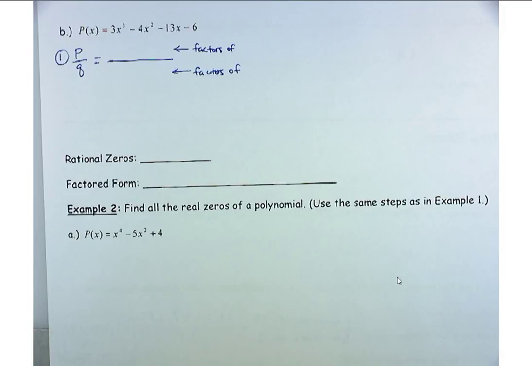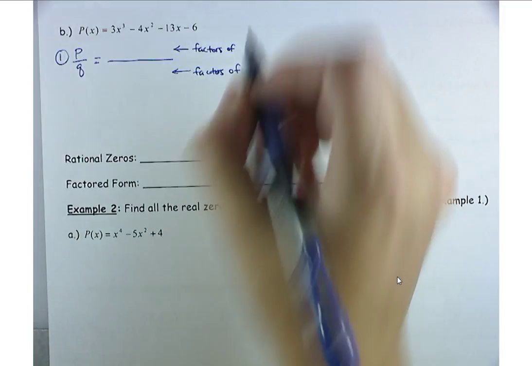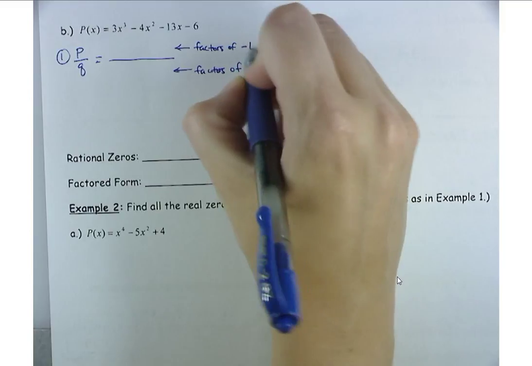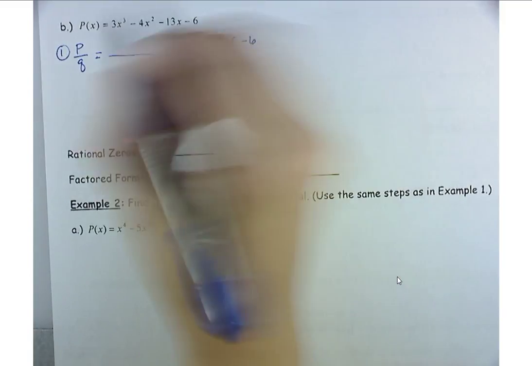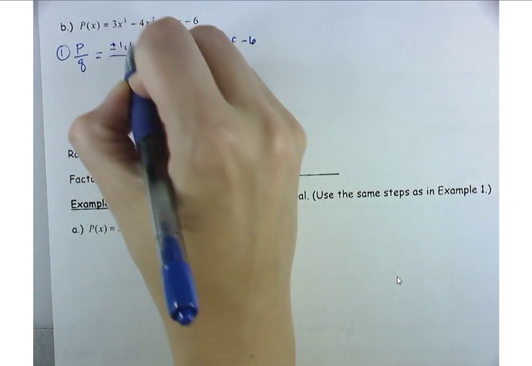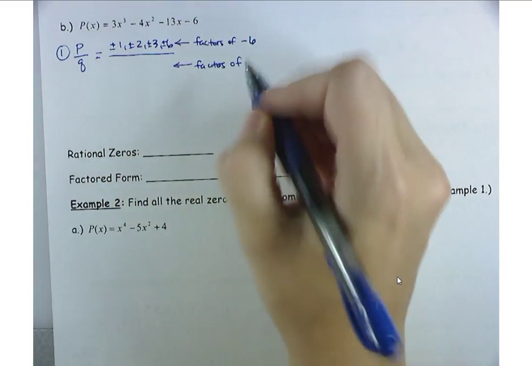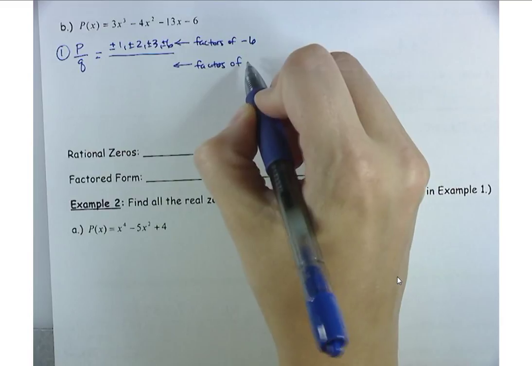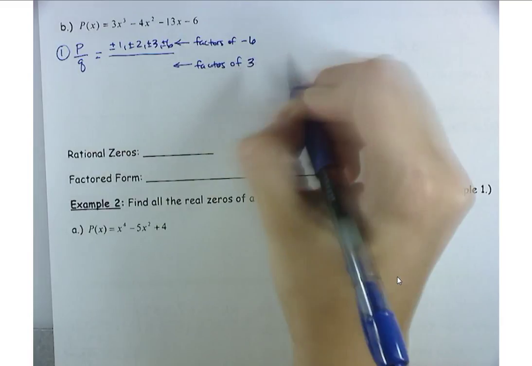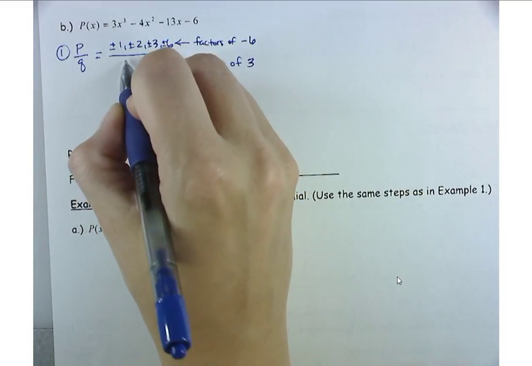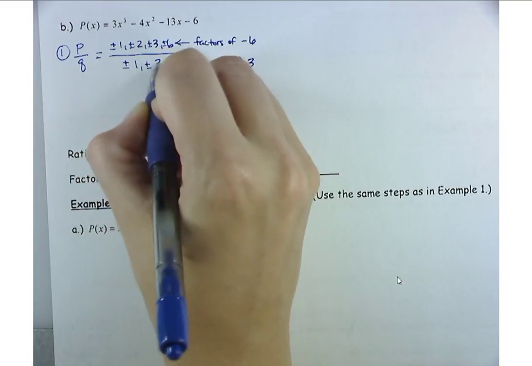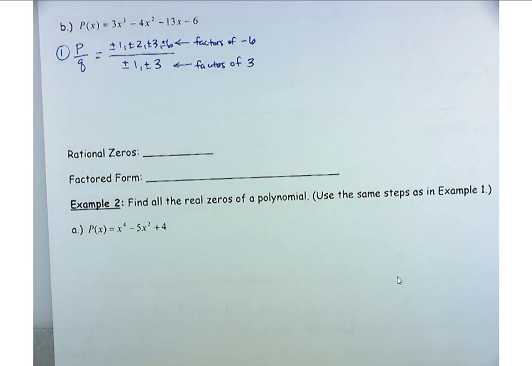The factors of what? -6. Okay, good. And what did you write down for those factors? ±1, ±2, ±3, ±6. Good. Okay, Sophie, what about for the bottom? You have 3 for the lead coefficient, yep, and then I had ±1 and ±3. Perfect. Okay, so 3 because it was the leading coefficient, -6 because that was your constant term, and then we